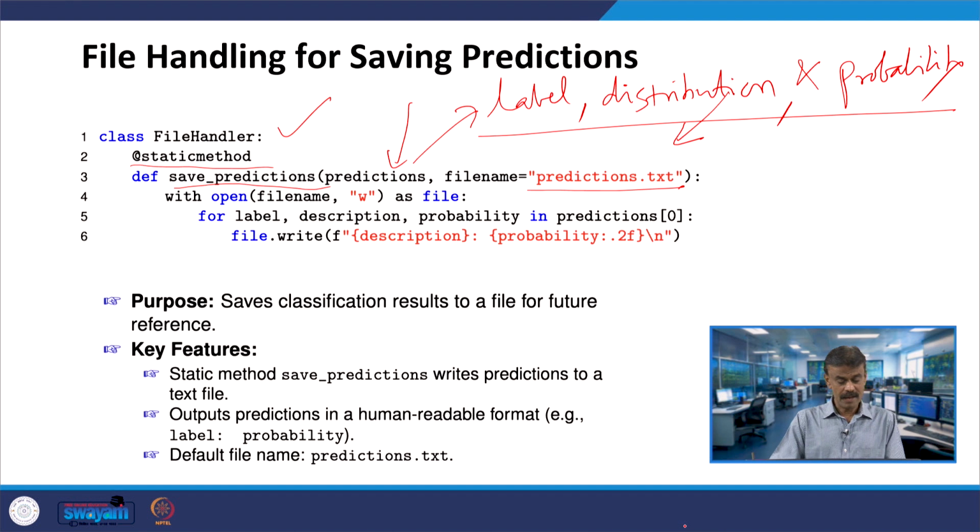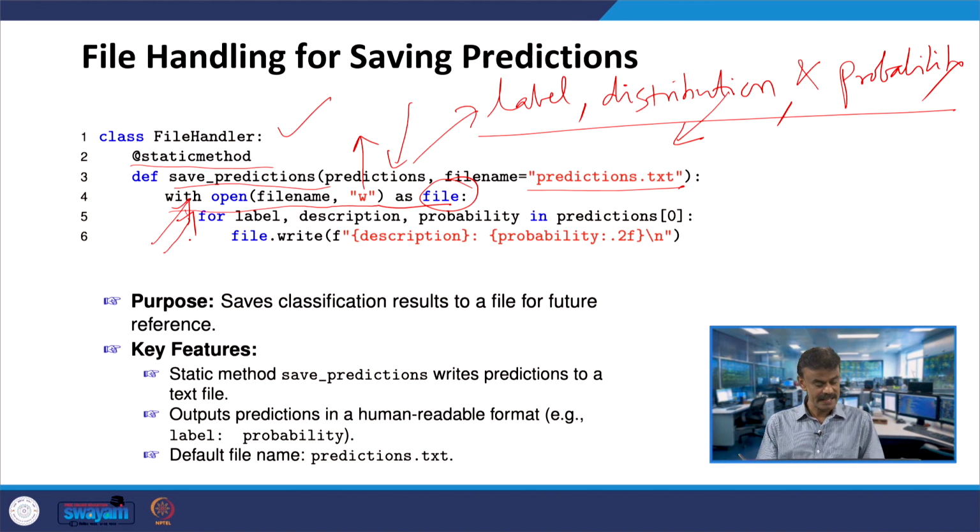Now saving predictions to a file. Here you have the with statement, which ensures that the file is closed properly even if an exception occurs.